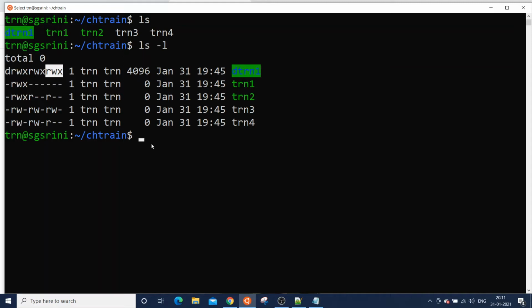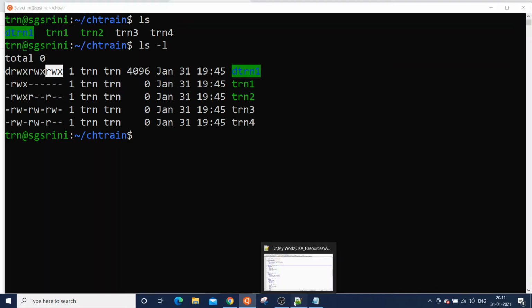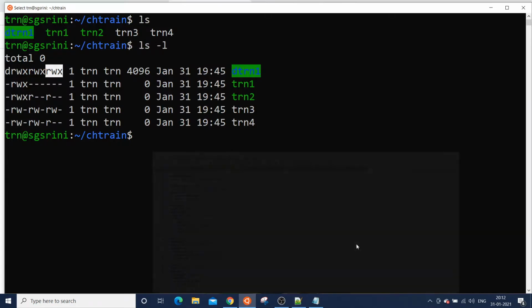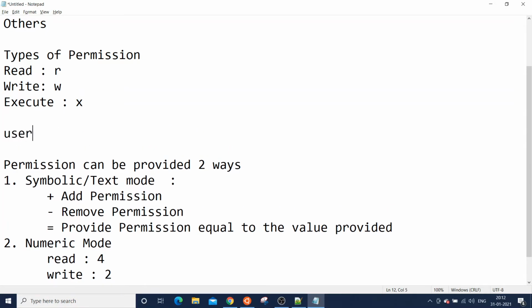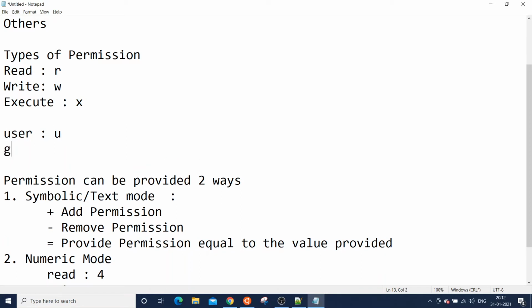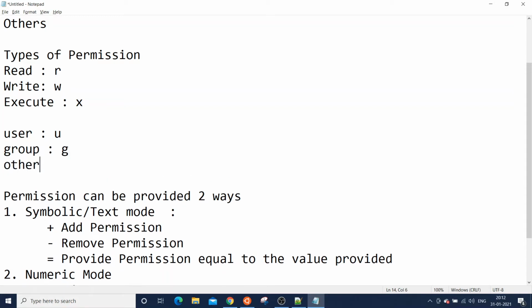So let's check some demo here. We can say user is depicted as u, group is given as g, and others is given as o.